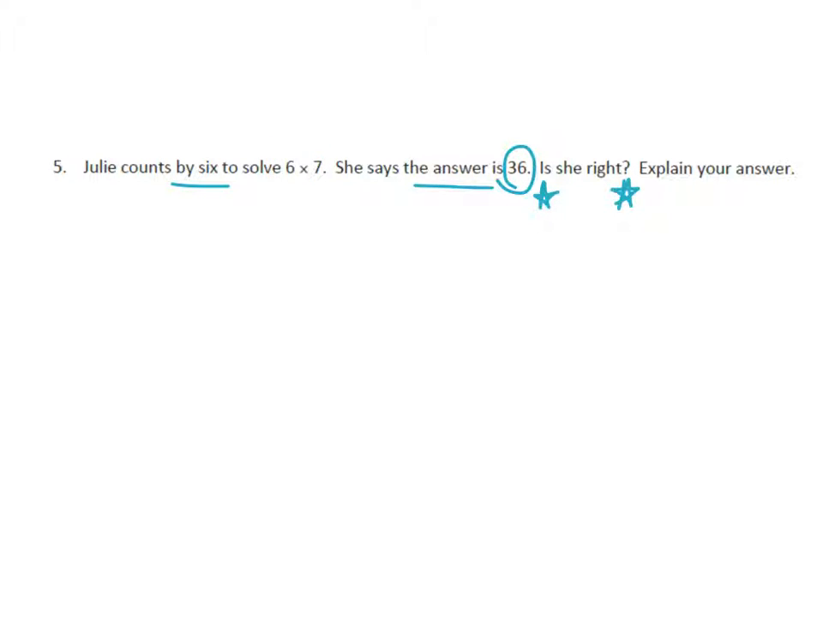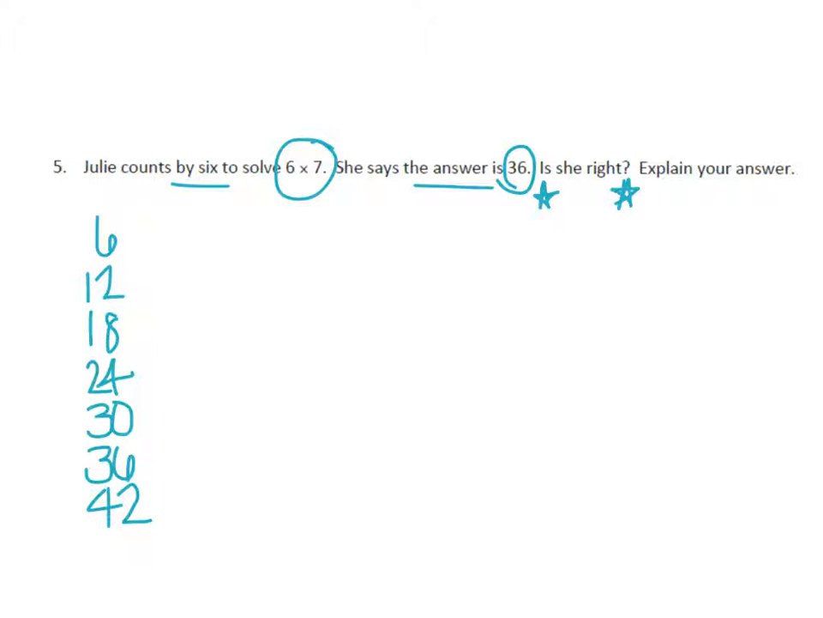I'm just going to erase this right here, just so that we can see it a little bit better. Okay, so it says that she counts by 6 to solve 6 times 7. So if I count by 6, it means that I need to count 7 times. So let's try that. So 6, 12, 18, 24, 30, 36,